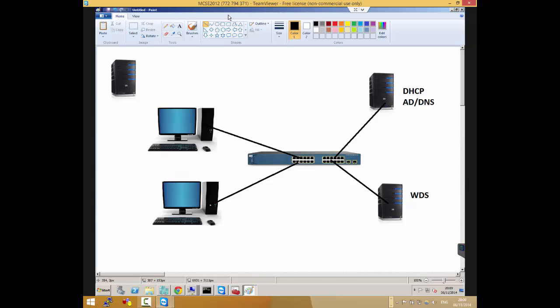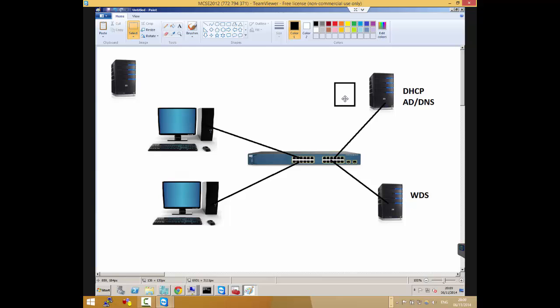So this guy boots up. Once he boots up, what's the first thing that you said he will do? You said he will send a DHCP request, which is a broadcast, right? So everybody on the network will receive it. This guy will receive it, look at the packet and go, sorry, I'm not a DHCP server, drop. What will this guy do once he receives this packet for the DHCP request?